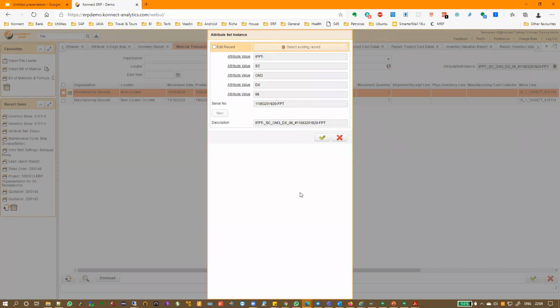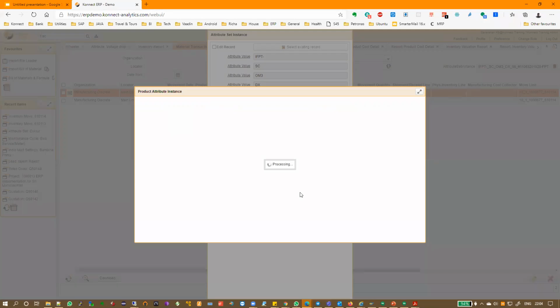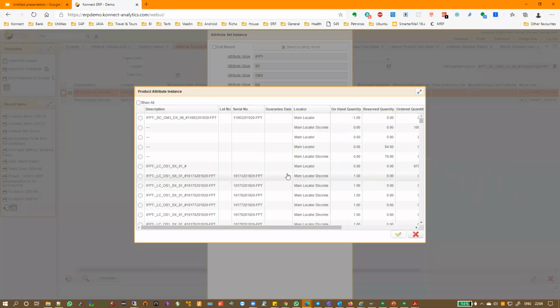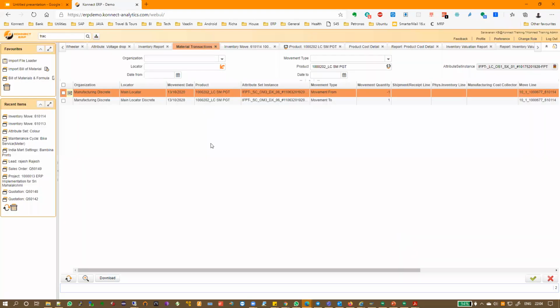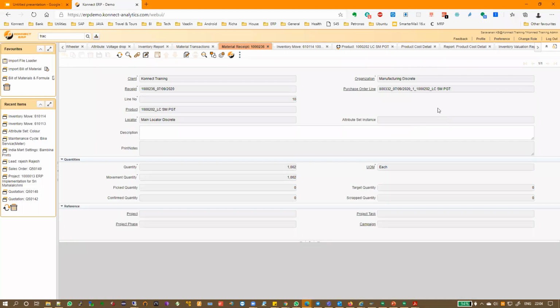If I give a particular serial number, then I can track the entire history of that material, which day it came in, through which transaction it came in, through which transaction it's going out, and so on. It is a very detailed level of tracking that is available inside the system. We can say this one came through material receipt, it was received on 7/9, and you can just zoom to it and find out who created the transaction. This is the level of tracking that you can do.